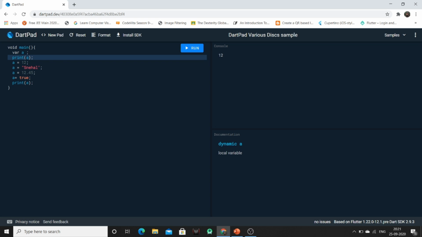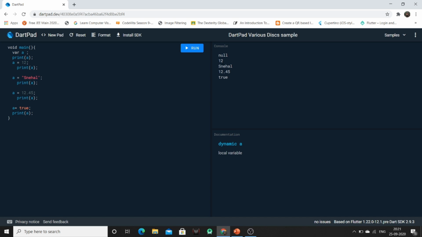So let me copy this, and we can print the value of a. So this will show the value of a. First one is null. At the time of declaration, we haven't initialized its value, so at that time it is null.